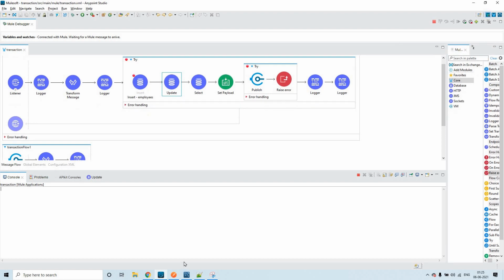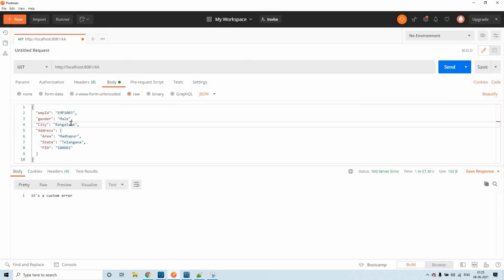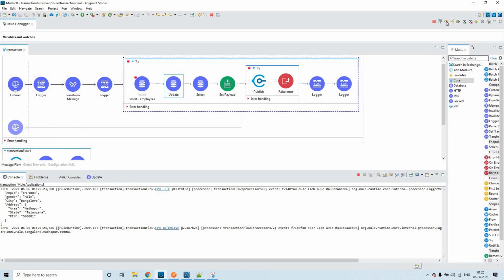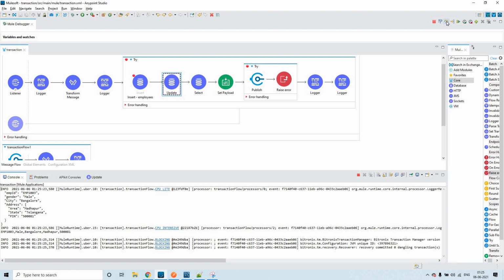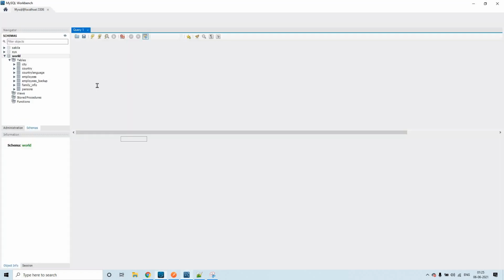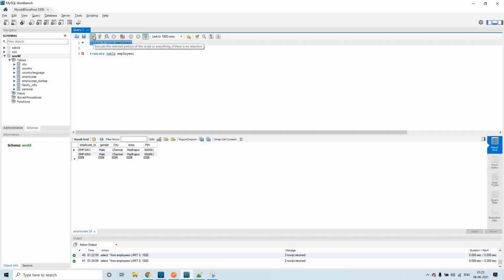Let me send the same data, because it was anyway rolled back. Let me click on send. Now let me refresh this.